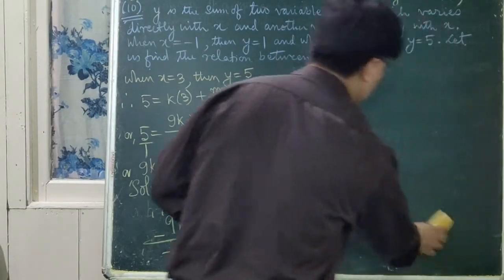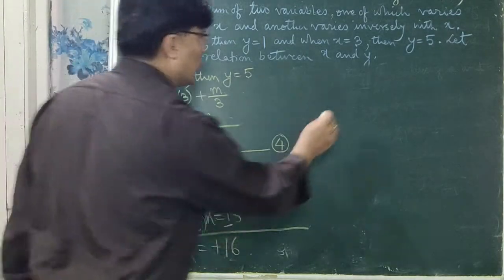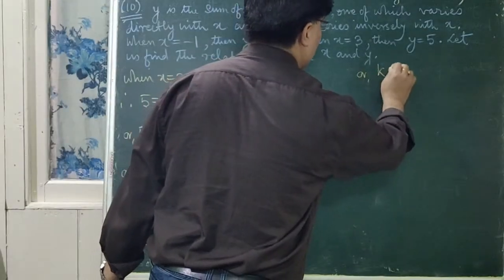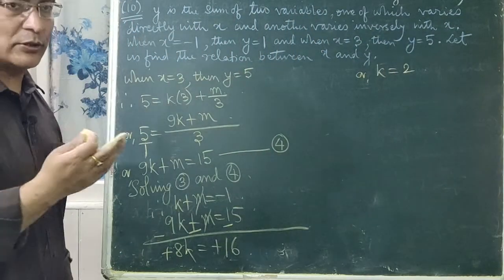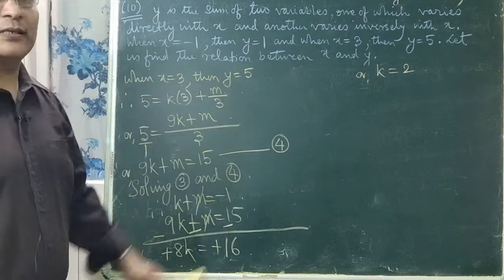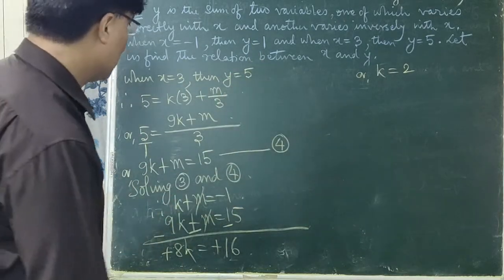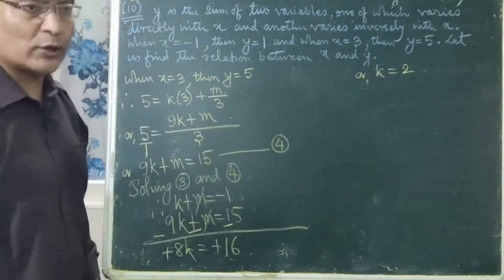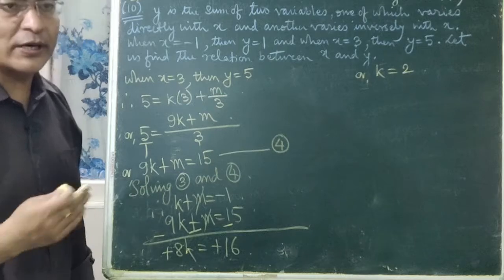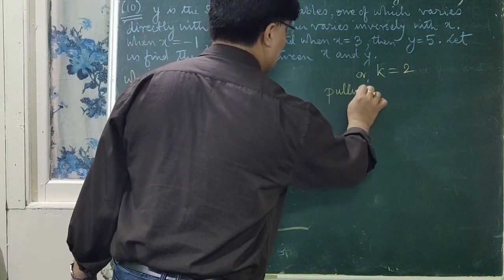So let us simplify it first. So here minus gets cancelled. What is the value for k? Or k is equal to 2. That is 16 by 8 is equal to 8 2s are 16. That is we get k is equal to 2. So you have to get the value for m now. So let us put the value for k in either of these two equations, either in equation 3 or in equation 4. So putting the value of k,